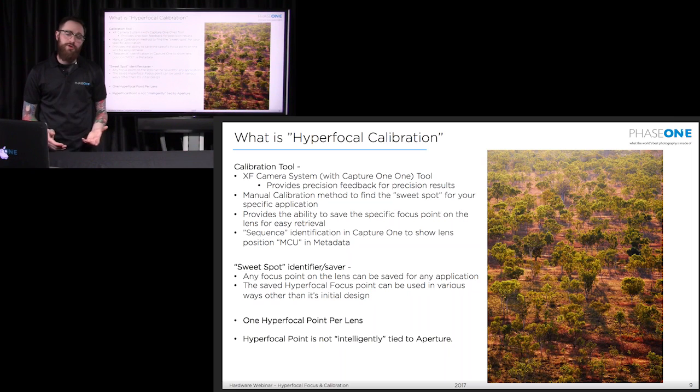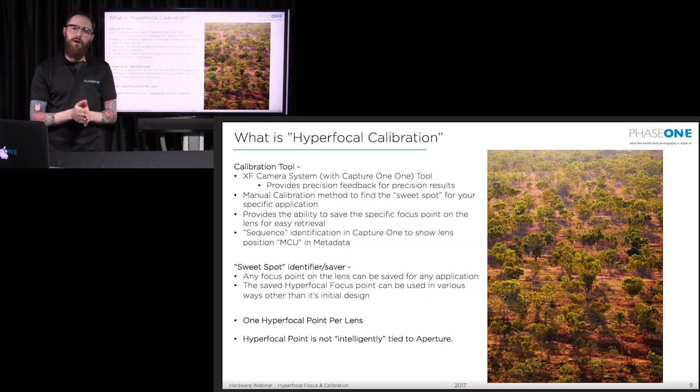If you're shooting portraiture and you have a model that's moving a lot, you can use autofocus, but if you find that you just miss autofocus every now and then, but the model's kind of in the same general area, well, you can figure out what is my depth of field given this aperture, where should my hyperfocal point be, and you can save that on the fly in the camera and always have the lens return to that exact location. So sports photography, for example, this is a very great tool for sports photography if you're going to pre-focus.